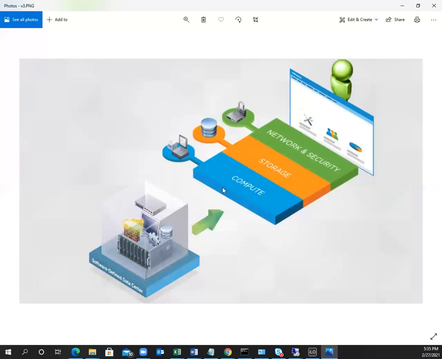When we talk about the Hyper-V deployment, there are three major components. The first one is compute, the second one is storage, and the third one is network and security. Let's check the availability of all three components before going with the implementation of Hyper-V. So here you can see that